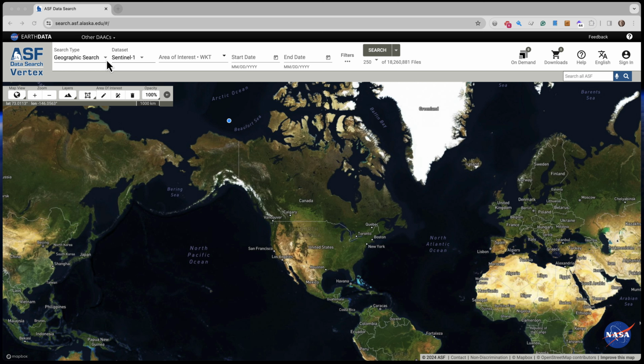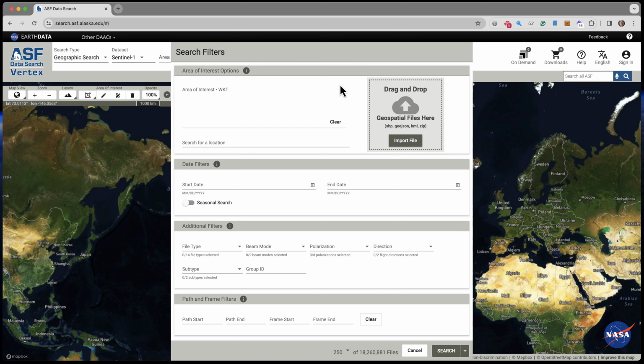You're selecting the type of search, the data set, area of interest, start, end date, etc. Depending upon the size of your screen, you might not see the start and the end date, or you might see more filters if you have a very large screen. Regardless, there are additional filters that are always available here within the filters with the ellipse button right here. And you can click this and it's going to show you all of the additional search filters available for a geographic search on Sentinel. If you change the data set, or the search type, you might see different filters appear here. But all the filters available will always be here for your given search type.